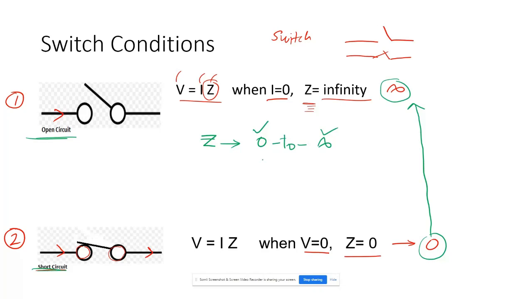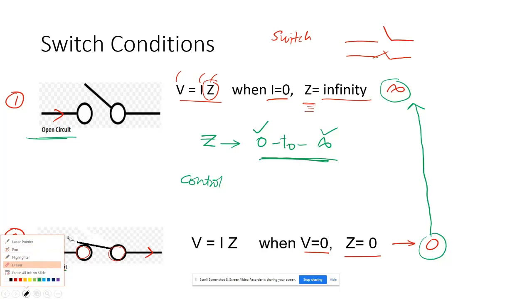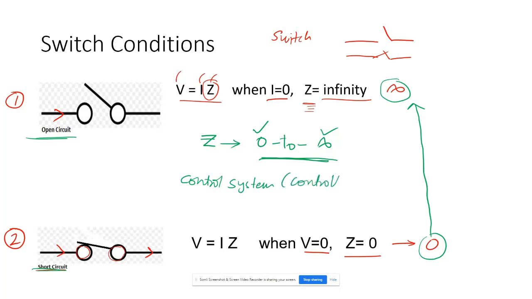Now my question is, what if we control the value of Z from 0 to infinity? That means in between the values of 0 and infinity. Yes, that is also possible by employing certain control systems, by modeling a controller. There is a need for a control system, or in other words, a simple controller that can control the values of Z,